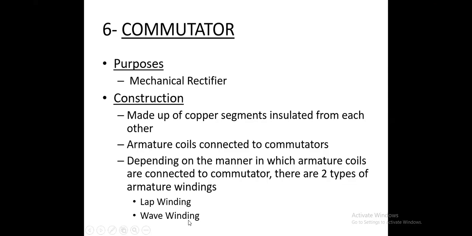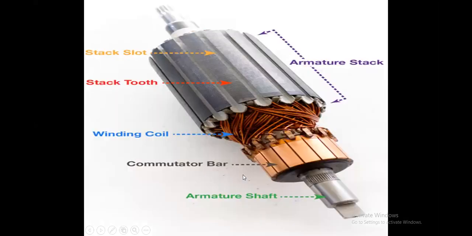So there are many types of winding which are connected here. Number one is lap winding and second one is wave winding, but these are not the only two types of winding, there are many types of winding, and the main are two types, lap winding and wave winding. So this is the scenario of the commutator. In this picture you can also see that